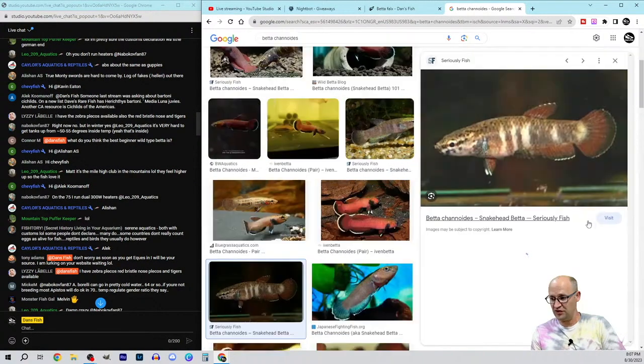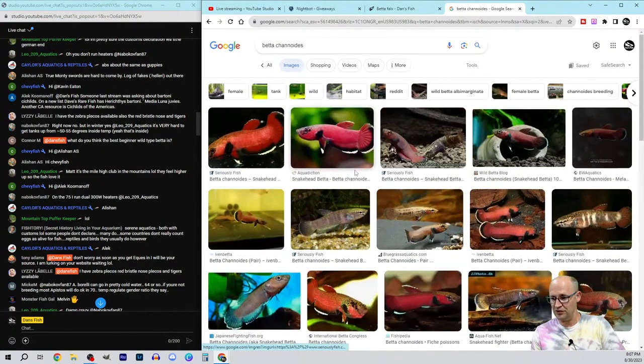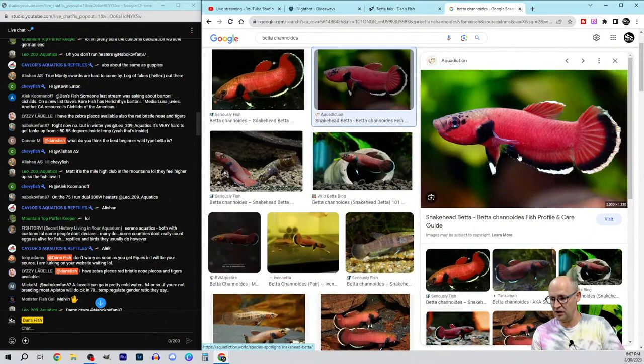Beautiful fish. This is a female in spawning condition. She gets all those stripes. The males turn this beautiful red margined color, but it's beautiful, it's hardy, and it's just as easy to breed